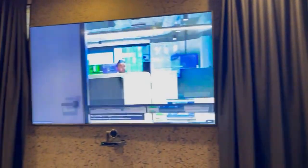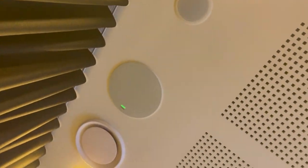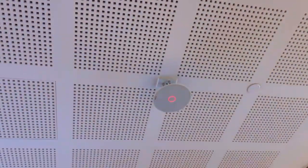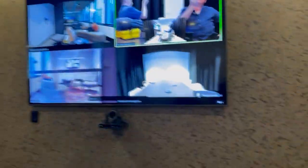well. This is a dual screen room with 2 in-ceiling microphones and 2 in-ceiling speakers for a room of this size. And if we use the mute command on the screen, the microphones will show that they have gone dark. The other participants in this meeting are other rooms here in this same building. So if we look at the second meeting room,